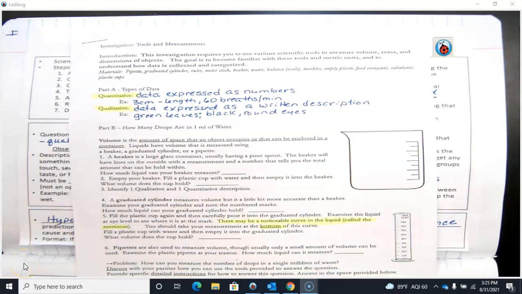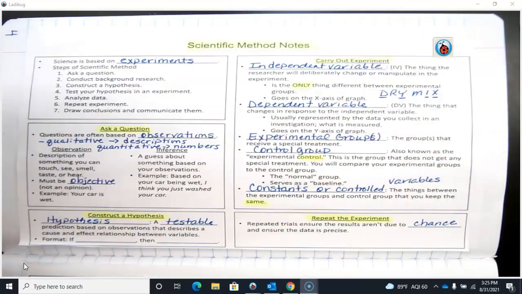Hi, today we completed a lab titled Investigation Tools and Measurements. If you are absent, this lab will be omitted. However, there are notes that we took in your notebook that you will need to make sure that you